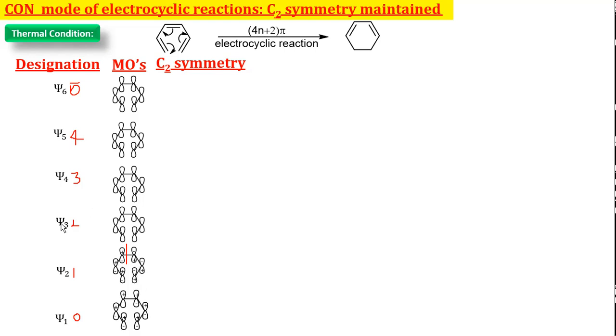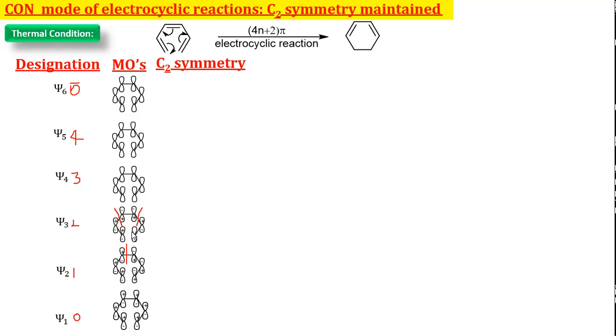Now psi 3, 2 nodes are there. To follow symmetry, the 2 nodes come after 2 lobes and after 2 lobes. Start with plus. Here no node, therefore plus will come. Here a node is present, therefore it has minus. And no node, therefore it has minus. A node is present, therefore here we should get plus. Here no node,